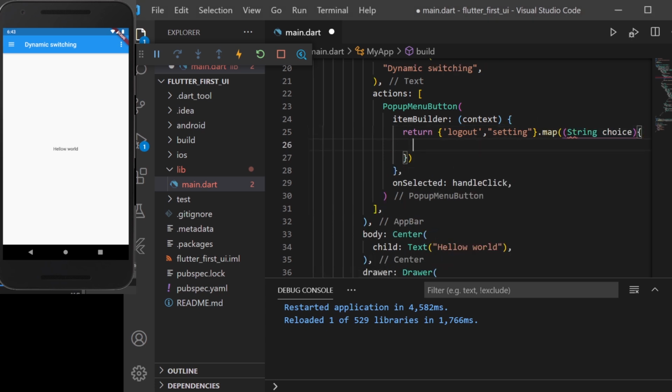I'll be mapping these items, and whatever choice is made will be passed inside this pop-up menu item. I have by mistake added pop-up menu button. Whatever choice we pass inside it, it will take that choice as a value.